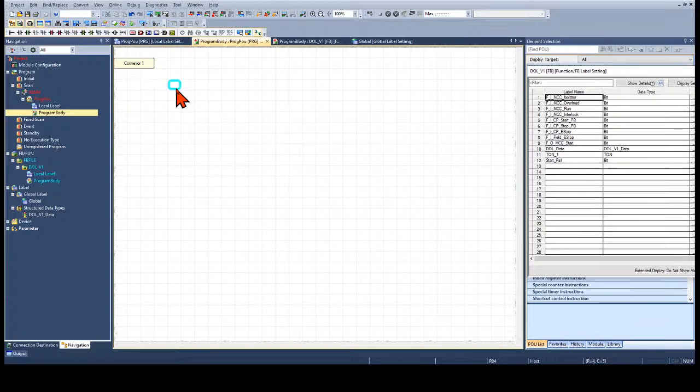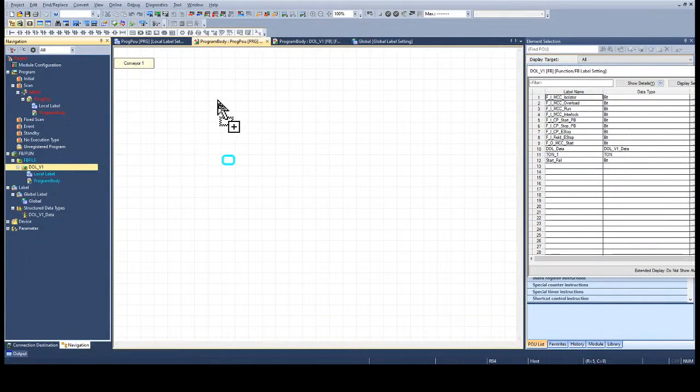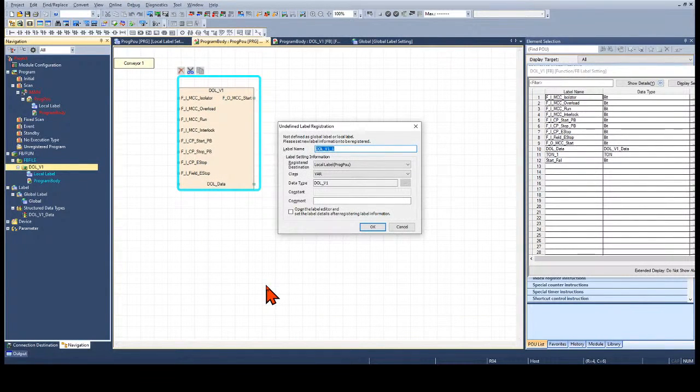Now there's two ways to access the function block. We already know that we've named the function block direct online version 1, so I can just type direct online, and there's a green symbol in front of my tag there, which means that's the function block, and it also specifies it's the function block. Or I can go over to my function block file, click on that one and drag it in. So now it's going to ask me to give it a label, and I'm going to call it function block